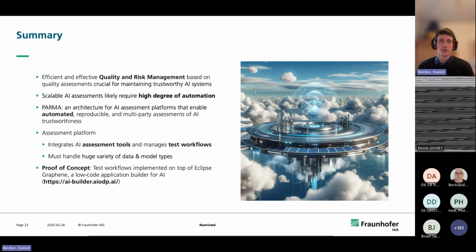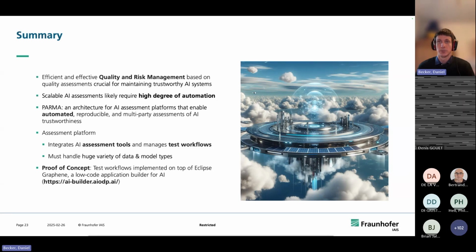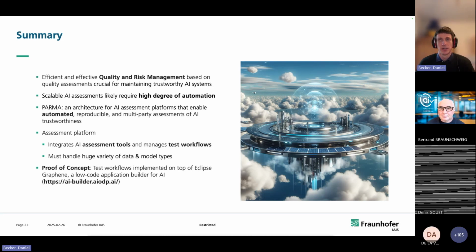The basic function of this platform is to integrate all the tools and components that we need, but also manage the test workflows in a way that allows for auditable, automatable, and reproducible assessments or test workflows. And as a proof of concept, we showed you this architecture and the steps that we have taken to implement it on real life hardware on a public instance of the Deploy AI platform.